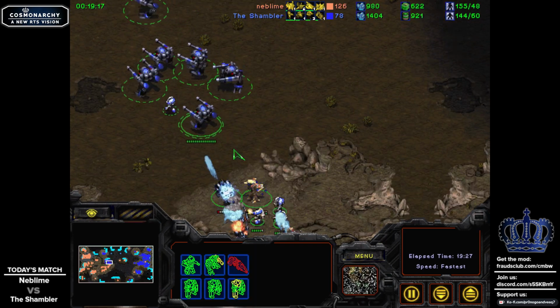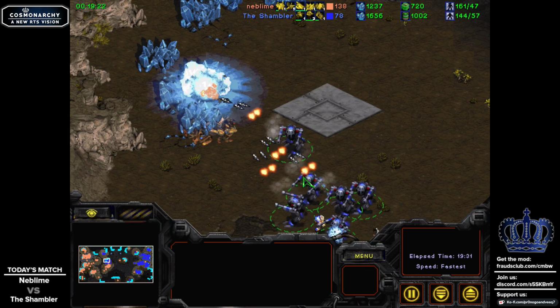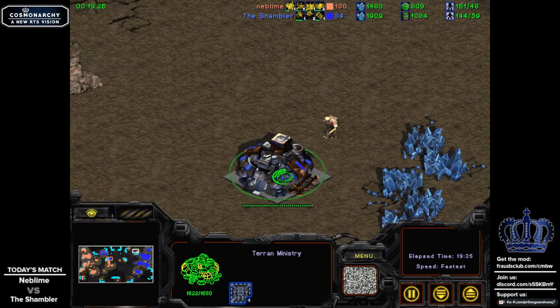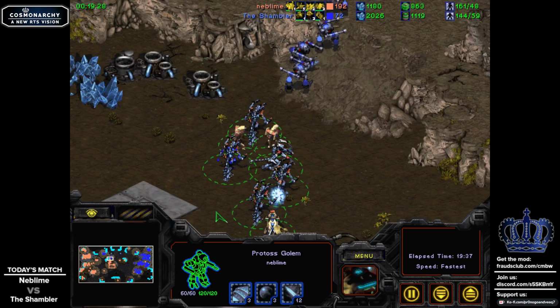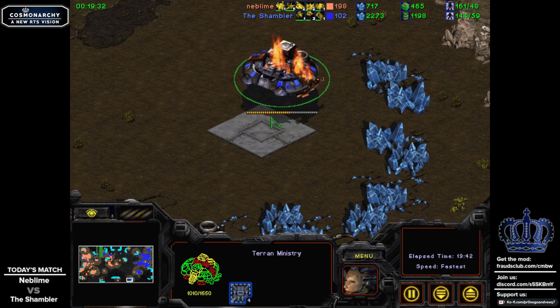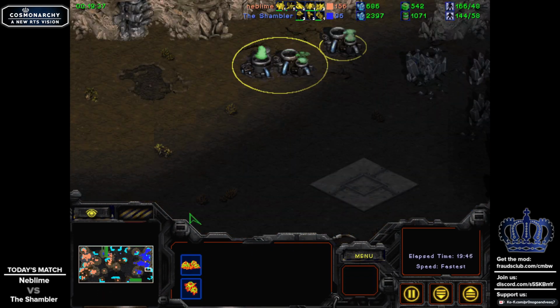So Pariah's in the middle of the map, zoning things away. However, an Empyrean's been caught by all the Goliaths, and this is a situation where it's totally valid to make more Goliaths. Goliaths are excellent tools versus air. Golem spying the top right attempted expansion, but Shambler not yet saturating it. He's decided to go ahead and make a landing there after all. He still has this ministry that he could be taking his...